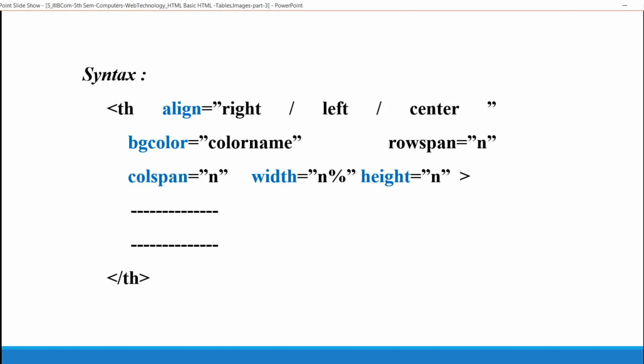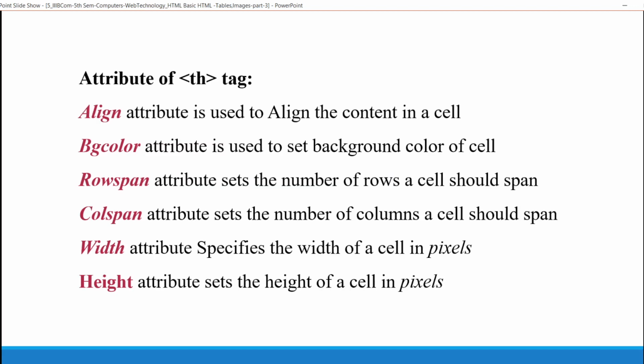Height and width represent the heading cell with a height and width. Align means the content of the heading appears either on the left side, right side, or center. Bgcolor is the color that appears on a heading. Then rowspan and colspan.